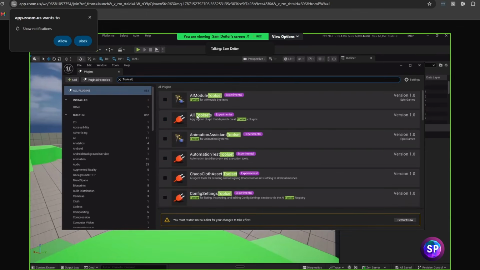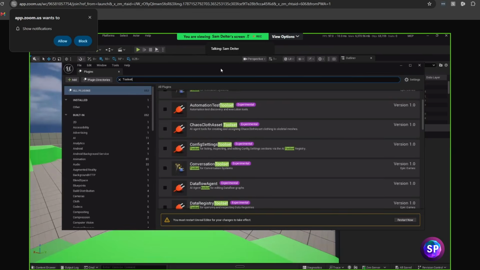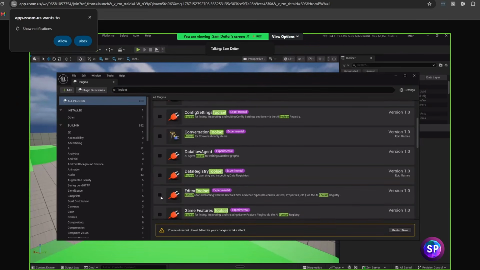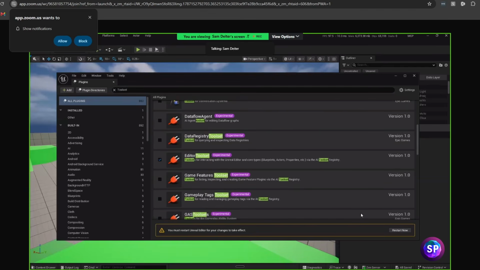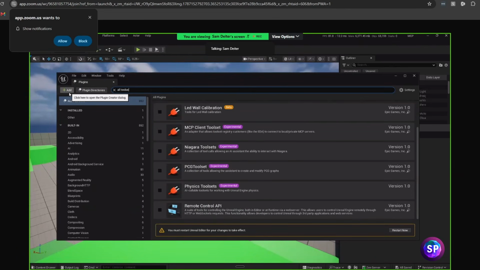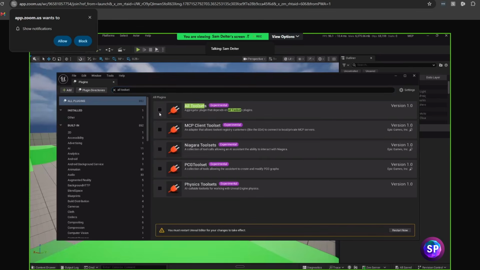And we wanted the, hold on, let me just double check. We wanted the editor tool set. There we go. Editor tool set. Yes. And the other one was called all tool sets. So let's just look for all tool sets. There we go. And we're going to go ahead and hit yes. And then we're going to restart.